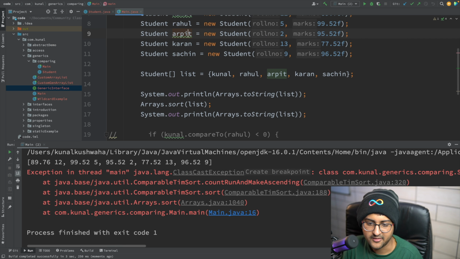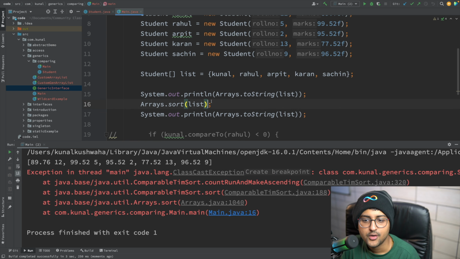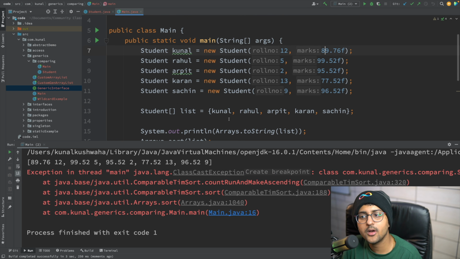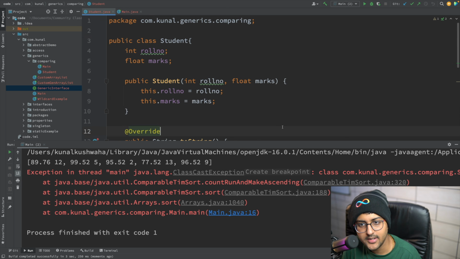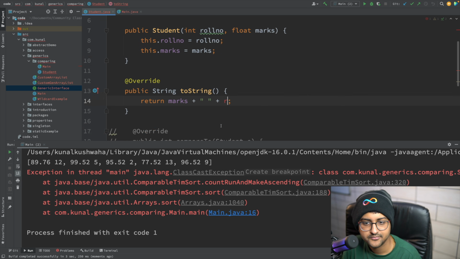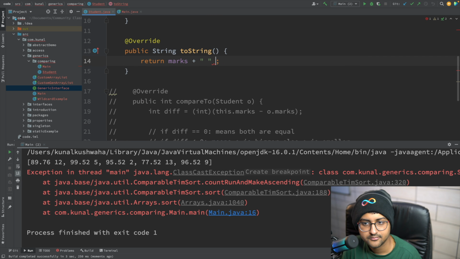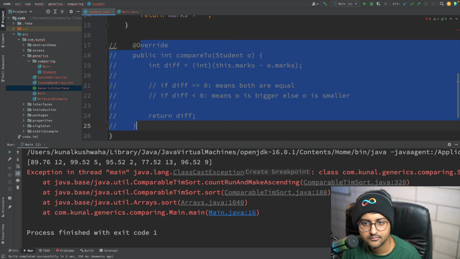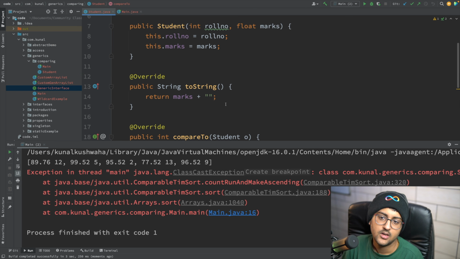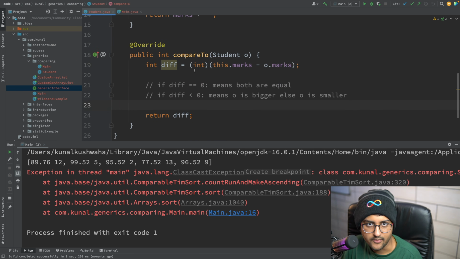Okay, it gave an error, right? It's like, hey, what do you want me to compare it with, roll number or marks? That's why compareTo is required. Okay, cool, so that's what it will compare with, like over here, marks.